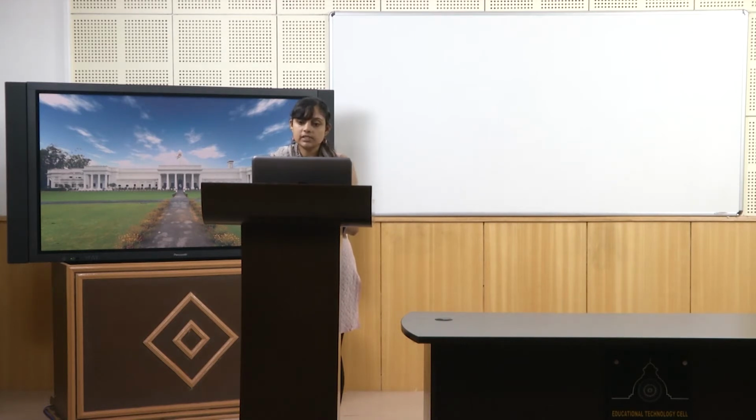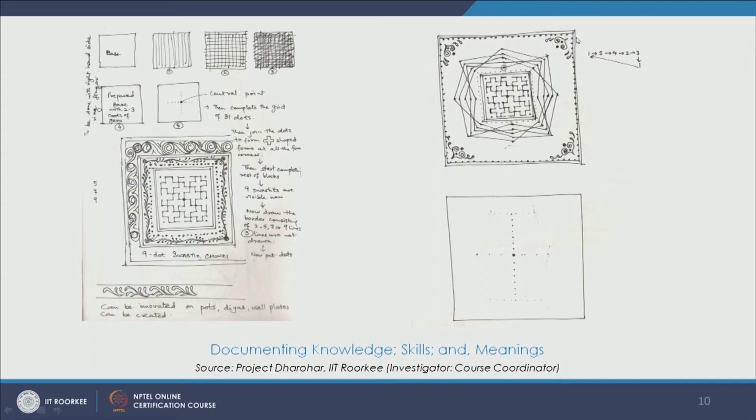We also saw this interesting slide where it was explained how a Swastik Chauki, which is another form of Apan, is actually made. So that it has this central chauki which is flanked by the borders on all the sides, and it starts from the center. It is a system of dots which creates a grid. So here we see the 81 dots which make a grid, and we see this form over here of swastik, which is repeated in permutations and combinations, and then this gives us this Swastik Chauki, which is very important